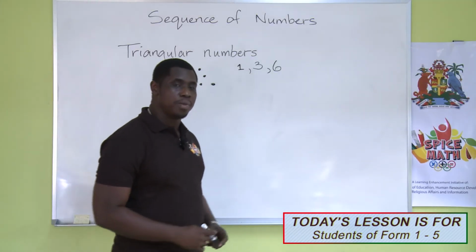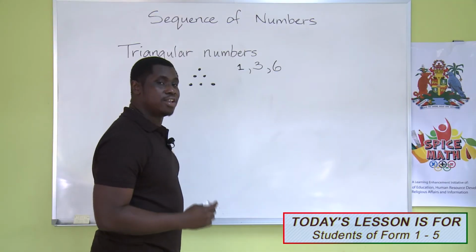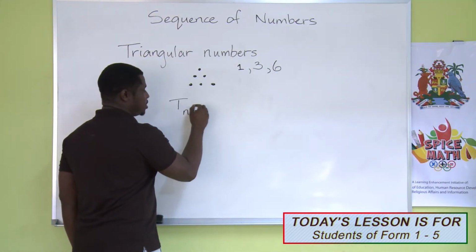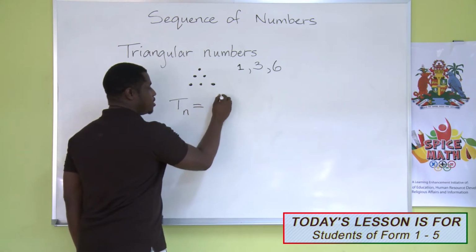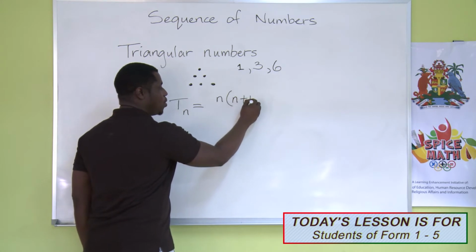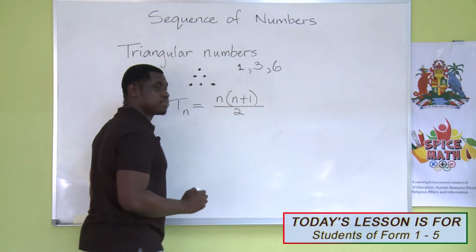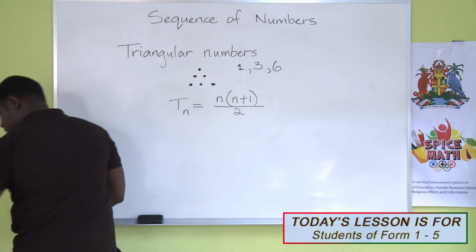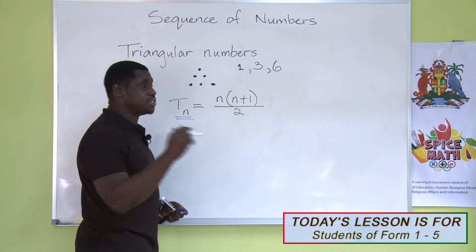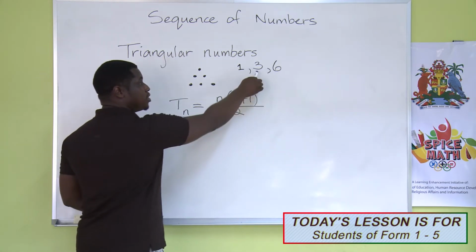We can use a formula to determine triangular numbers. So to find triangular numbers, we use a formula T subscript n is equal to n open parentheses n plus 1 all divided by 2. Now if I wanted to determine what is the second triangular number, and the second triangular number we found it to be 3,